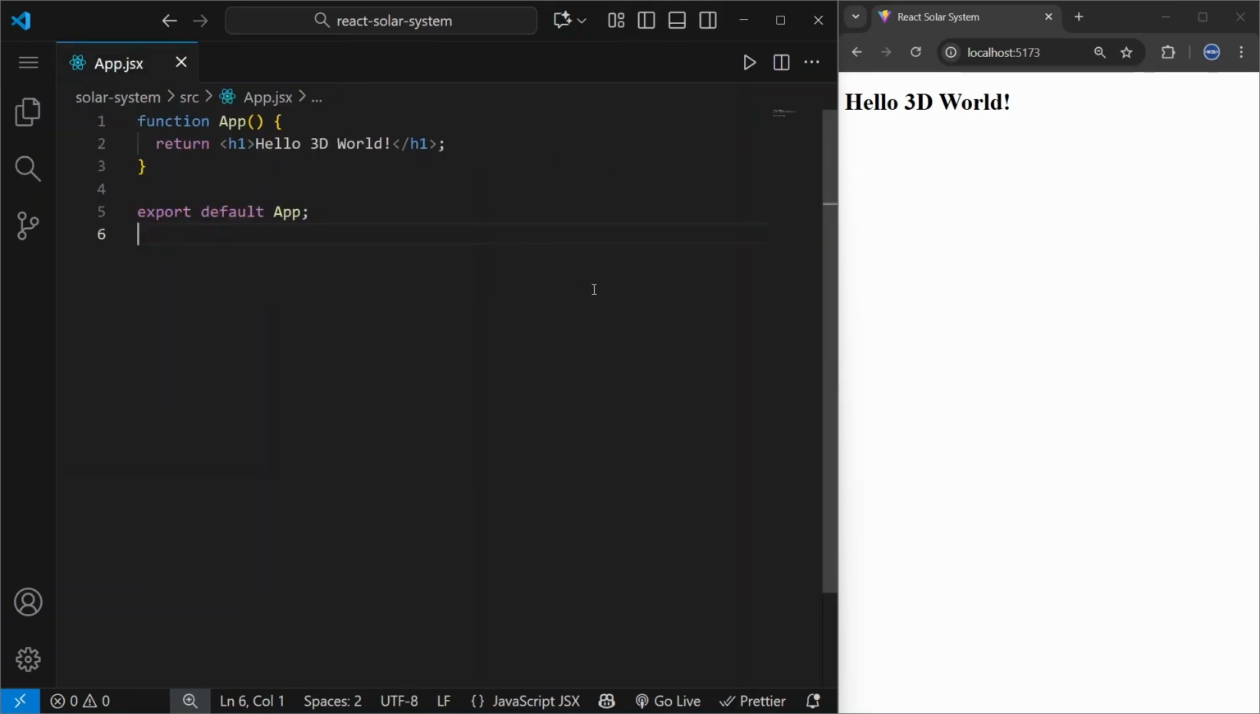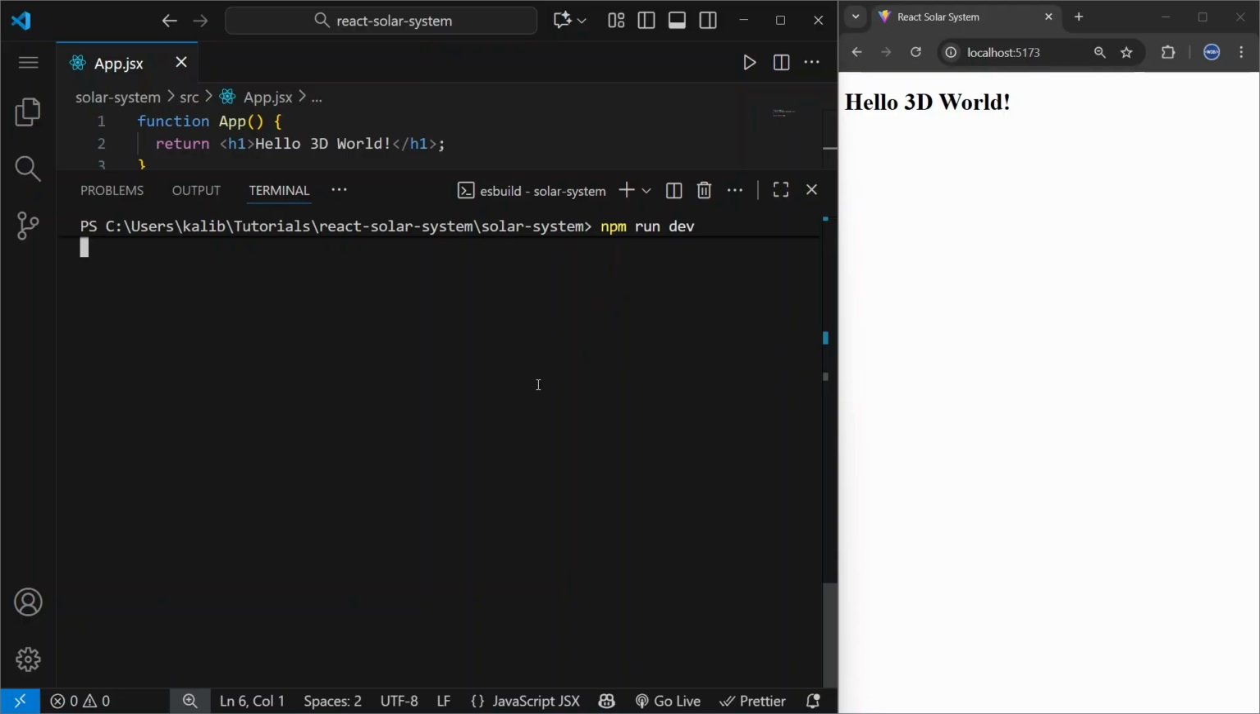Okay, so now let's open our terminal again. Let's stop it by pressing Ctrl and C. And now we need to install Three.js and React Three Fiber. So we will install Three.js, which is the main 3D engine, and React Three Fiber, which allows us to use Three.js directly inside React components. So let's type npm install three @react-three/fiber and @react-three/drei. So let's press enter, and while it's being installed,